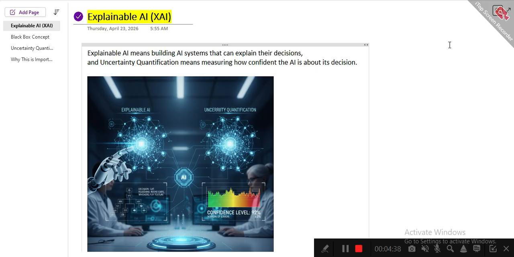Explanations can be simple, like highlighting important features, showing which part of an image mattered, or giving reasons in words. In medical imaging, AI looks at an X-ray and says there is a tumor. Explainable AI can highlight the exact area in the image, so the doctor can see, okay, this is the reason. AI becomes a partner, not just a machine.